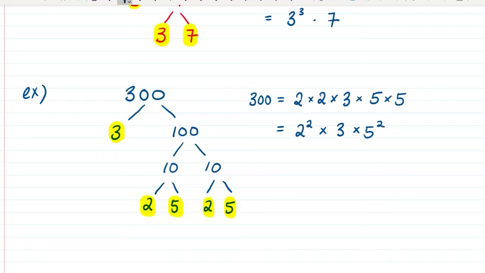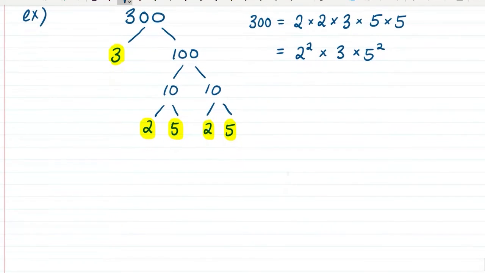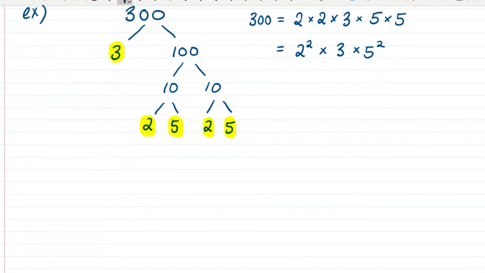So 300 is 2 times 2 times 3 times 5 times 5, and write it as 2 squared times 3 times 5 squared. Or if you like, you can do this question using the same steps that I used in the previous examples, which is